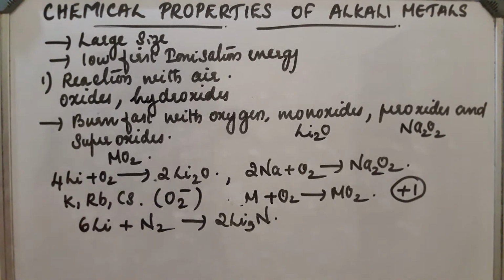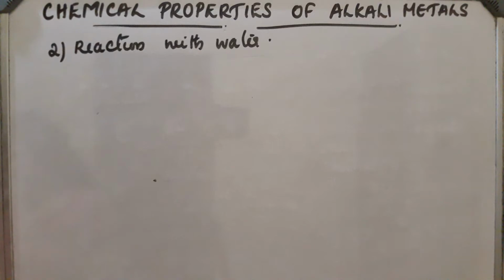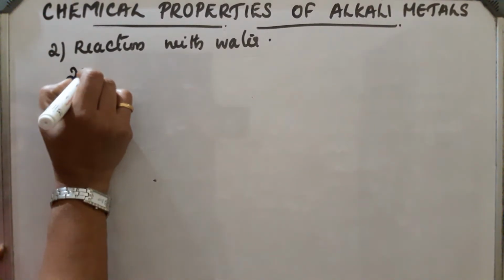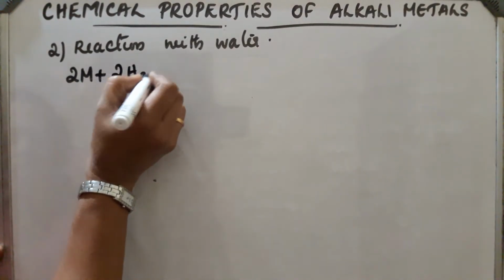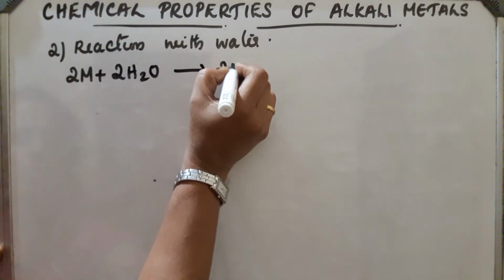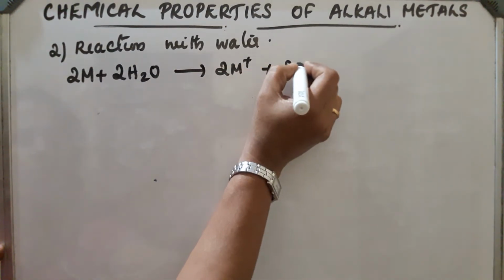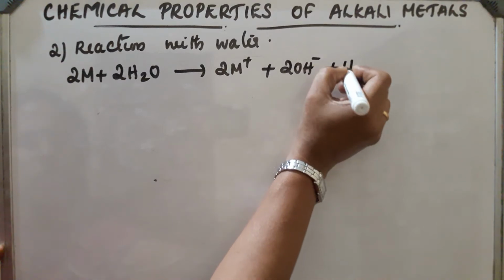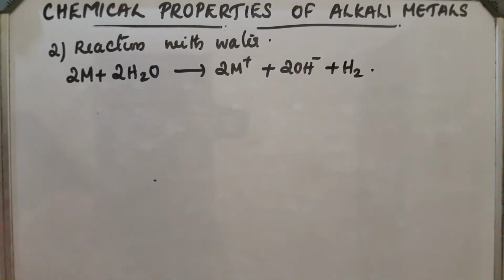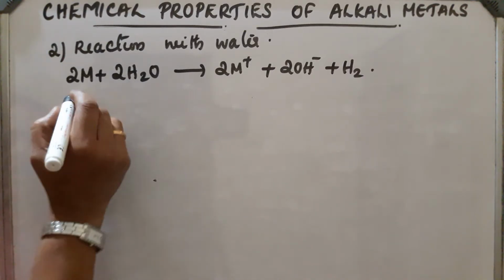Okay, alkali metals on reaction with air. Next property, reaction with water. With water, alkali metals form corresponding hydroxides and hydrogen. 2M plus 2H2O gives 2M plus 2OH minus plus H2. H2 gas is liberated. Okay, the reactivity of alkali metals with water depends upon the E0 value,